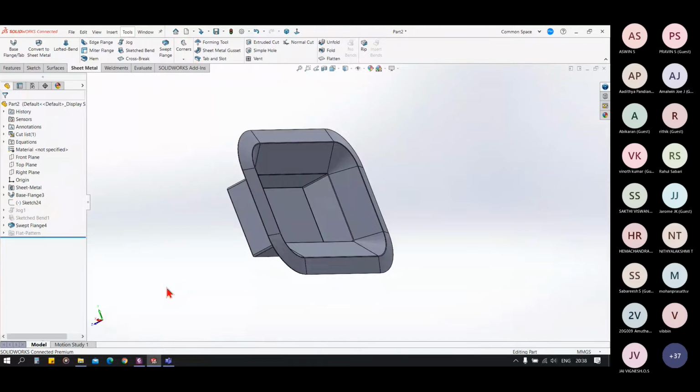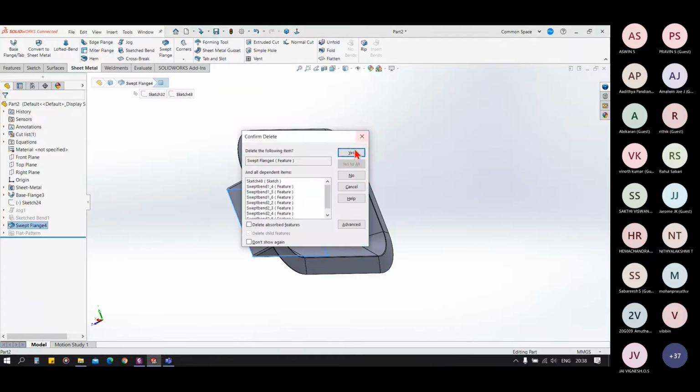Now we will see corners, the types of corner: closed corner, welded corner, break corner, and corner relief. So for that, let me create an example.